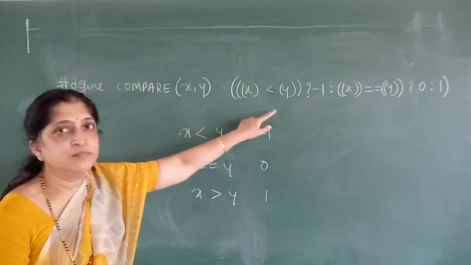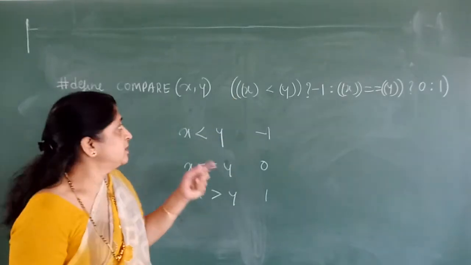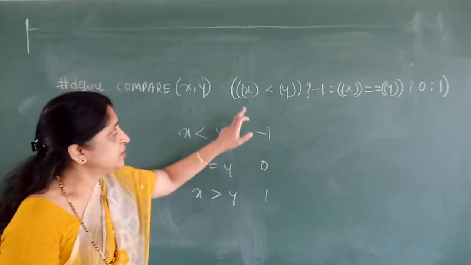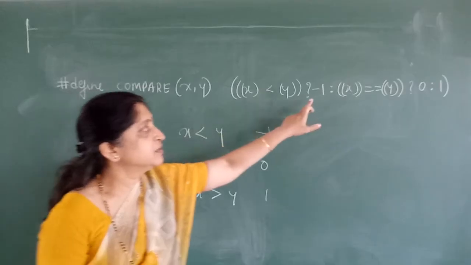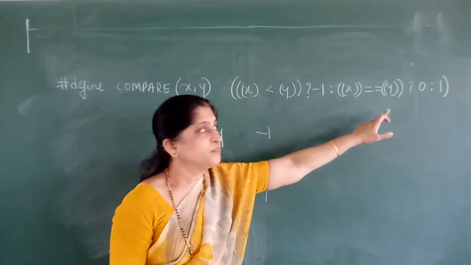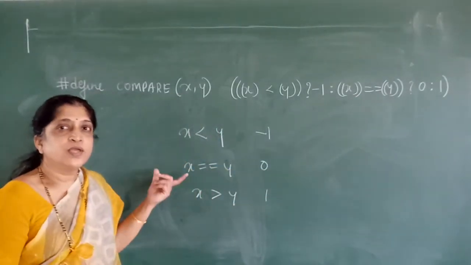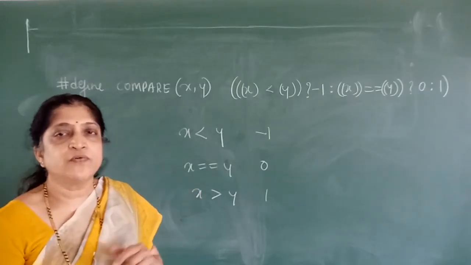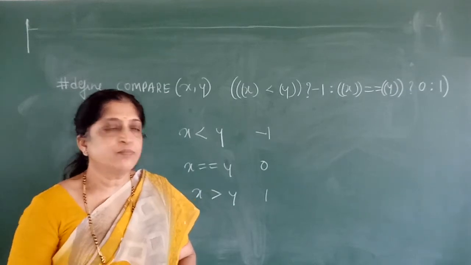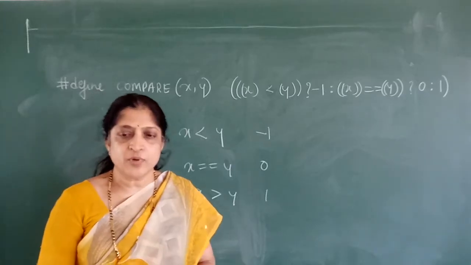So this is what is going to happen with this macro. Observe the way I have written them in the parenthesis. Every argument that we are writing in this macro has to be written in parenthesis. So here, if x is less than y, return -1. Else, if x is equal to y, return 0. Else return 1. So these are the values that we are going to get. We are going to make use of this compare macro for comparing the exponents of the terms of the two polynomials, and based on these values we will be attaching the terms to the sum polynomial.